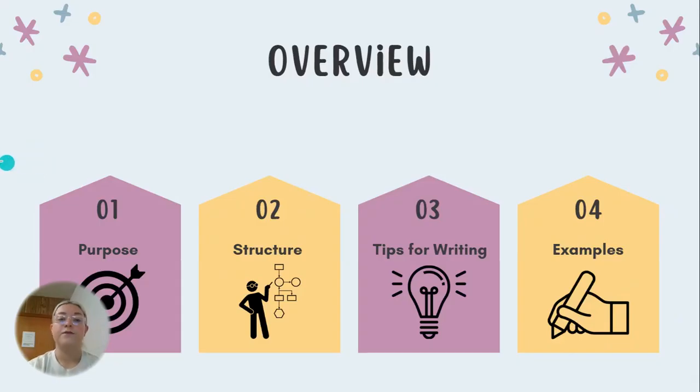So first, just an overview of what a definition essay includes. You're most of the time going to start with the purpose, and we'll get more into this further in the slideshow, but you're going to start with the purpose of why you're talking about this word or what the purpose of this word is in conjunction with your essay. And then we're going to look at the structure and how a definition essay should be set up because it is a little different than your typical essay. And then we're going to go over some tips for writing a definition essay, and then we're going to look at an example.